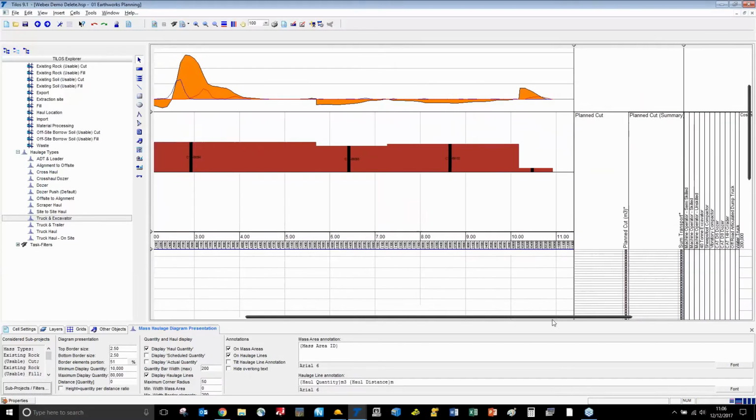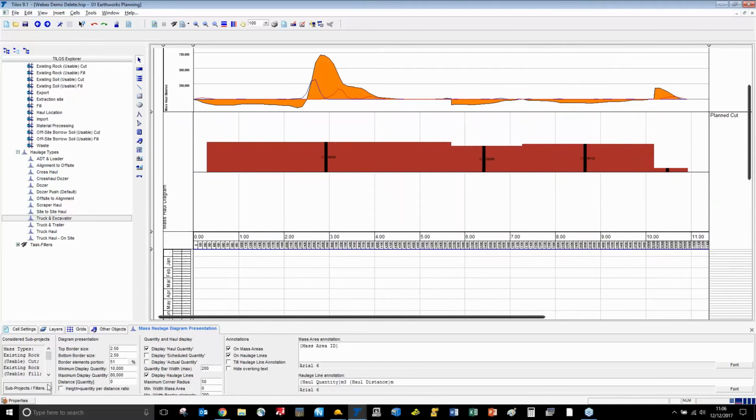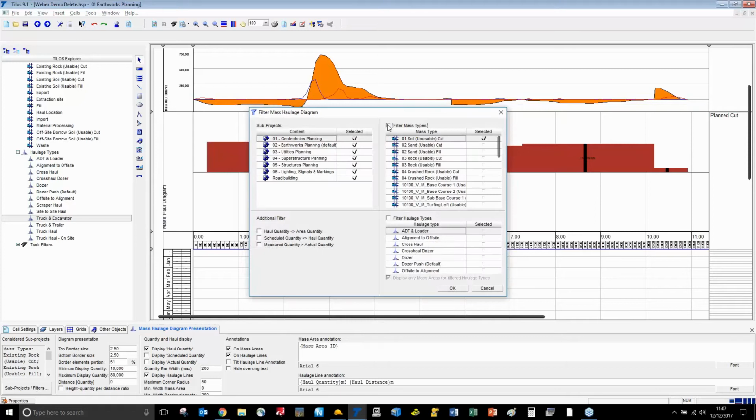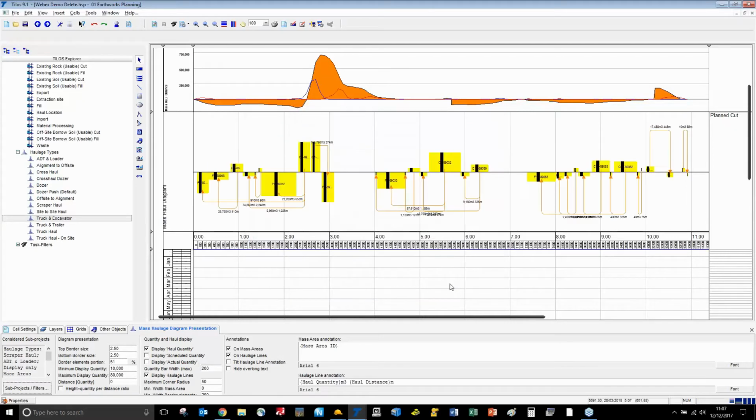So you could filter to different materials and work your way down the list, have our rock cut and being blasted going off to the quarry and schedule those activities, or we could maybe just filter to certain machine types such as the ADT and the loader and see soil being used, the sand being shifted around the job